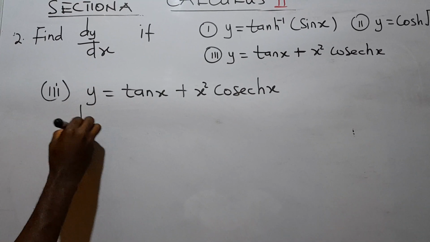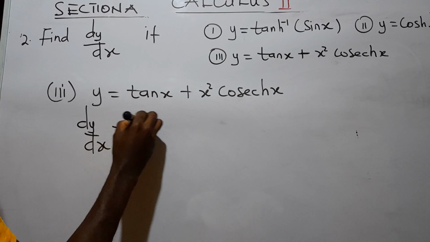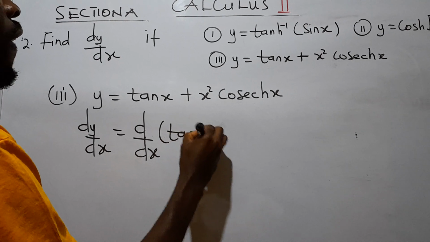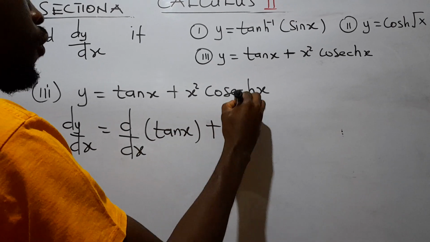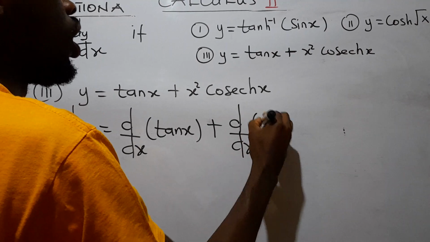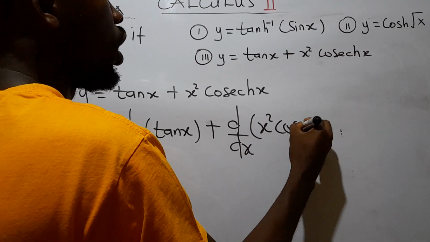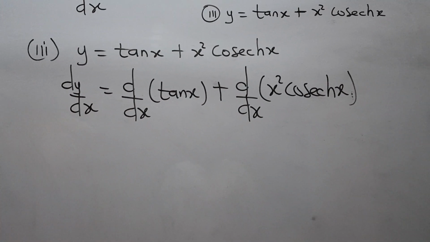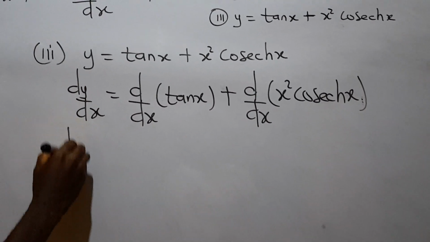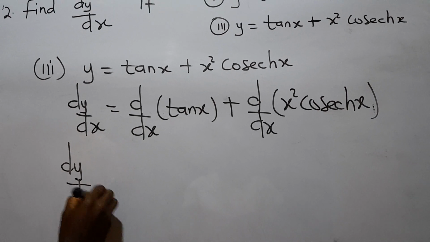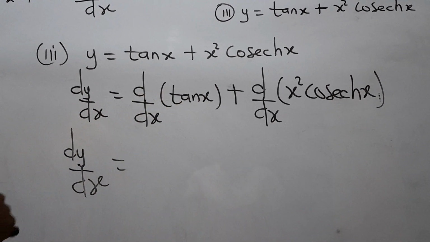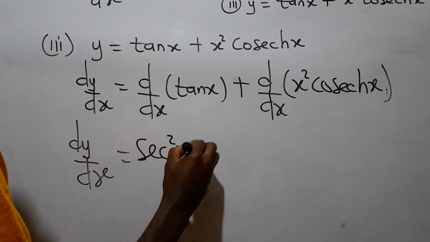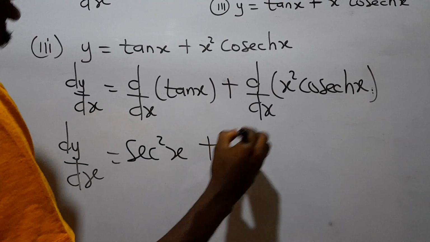So we say our dy over dx will be equal to the differential of tan x plus the differential of x squared cosech x. Remember, when I differentiate tan x, it will be sec squared x. So we have sec squared x,